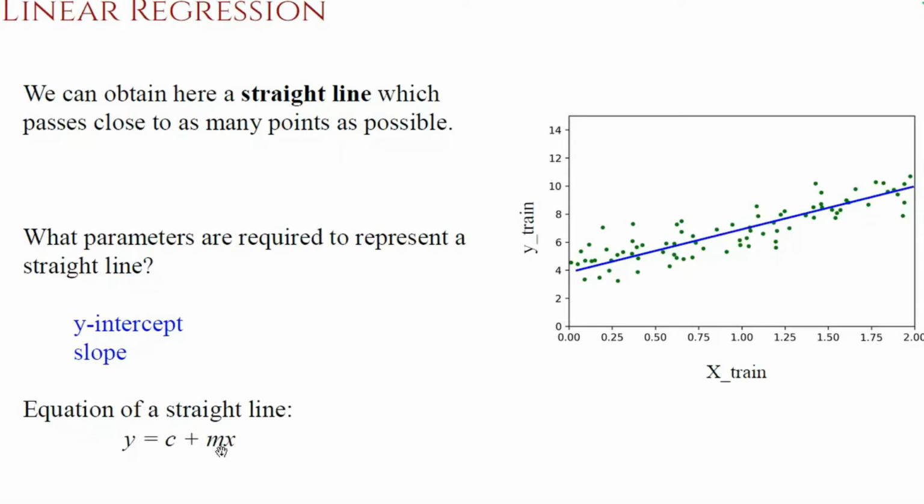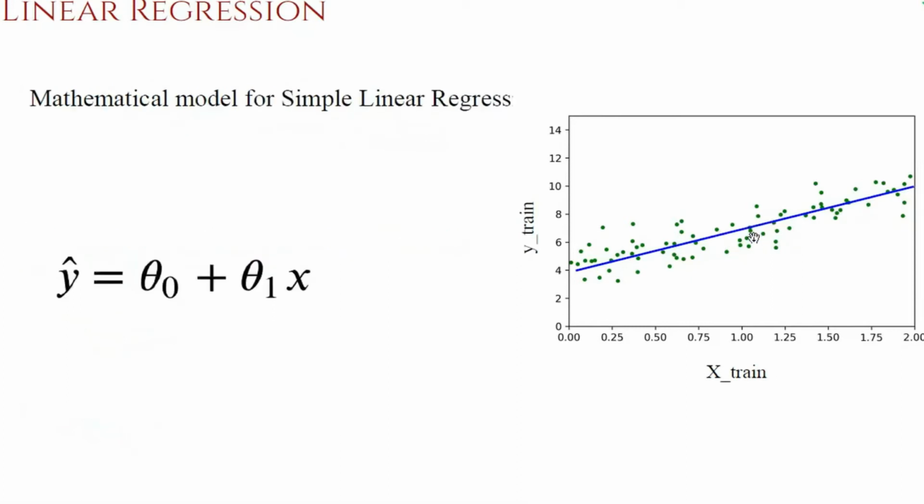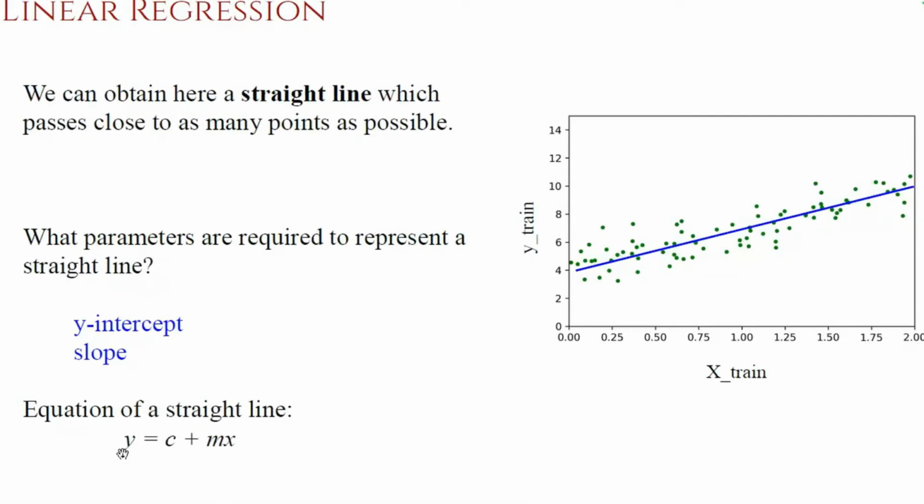So by changing C and m, you can come up with several different possible straight lines with different y-intercept and different slope. And we need to find for what particular value of C and m this straight line is best representing the data. So that is the intuition. So this is what mathematically we write, y is equal to c plus mx, and mostly in all classical machine learning techniques. By classical machine learning, I mean anything other than deep learning based approach or artificial neural network based approach; everything can be generally classified as a classical machine learning approach.